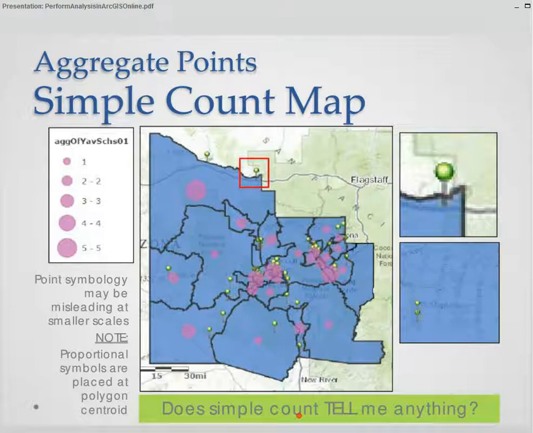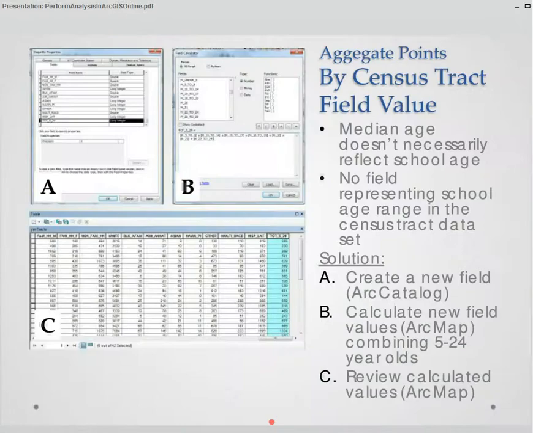So the question that I looked at it, I said, well, does this tell me anything, really? It doesn't really give me any additional information. It doesn't enhance anything. It just kind of gives me what I already knew, right? Told me how many schools were in that area. So what I decided to do on the next one, I said, okay,